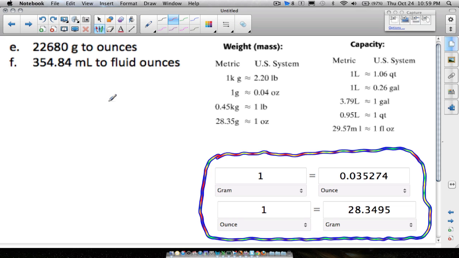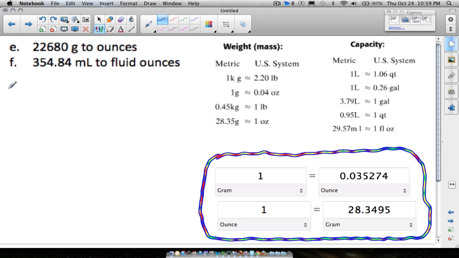All right, now we have these 2 tables copied over and these 2 problems. I'm going to a new page for a couple of reasons. One, we're going from a metric system, which is grams in this case, and we're converting to a US system, which is ounces. We have these 2 tables over here, but I also went to Google and I Googled how to convert from grams to ounces and from ounces to grams. There's a reason why I did this.